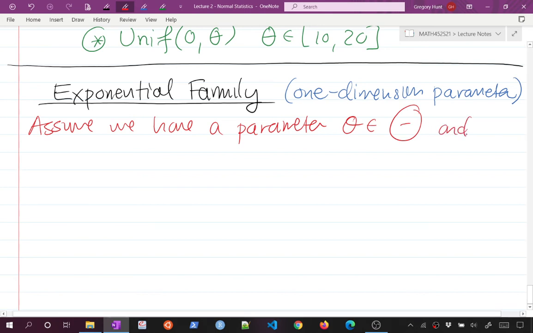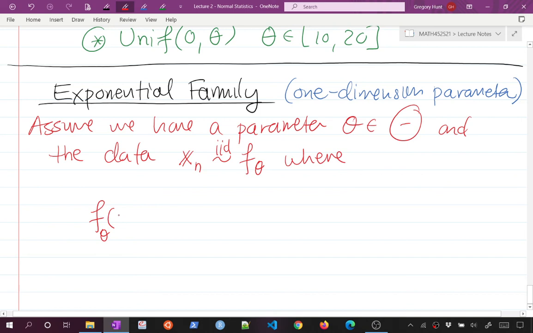And the data, the x_n's, are a random sample from f parameterized by some parameter theta, where